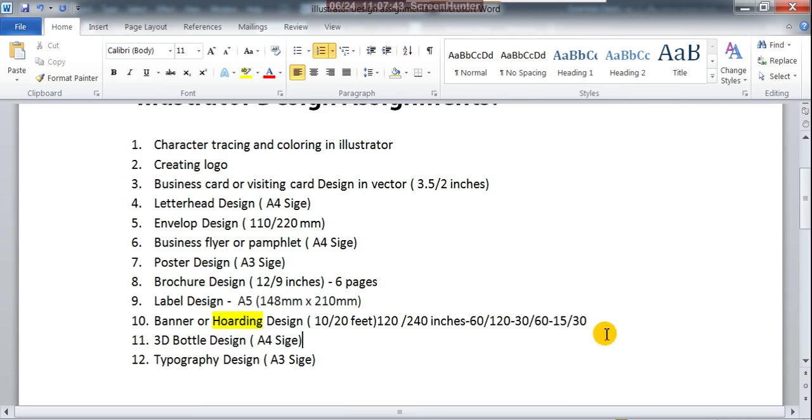Then the file you are submitting for printing, you can give some printing options to the printer. The actual size is 10 by 20 feet, that means 120 by 240 inches, but we made it in 15 by 30 inches only. But you can ask them to enlarge it to the actual size, 10 by 20 feet.